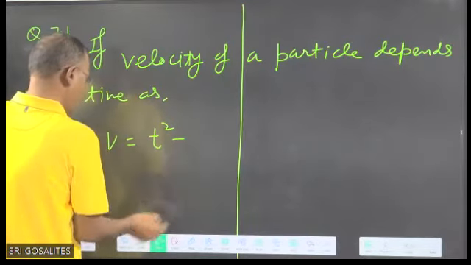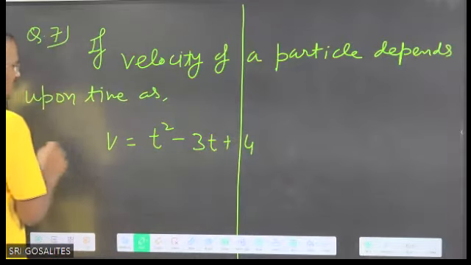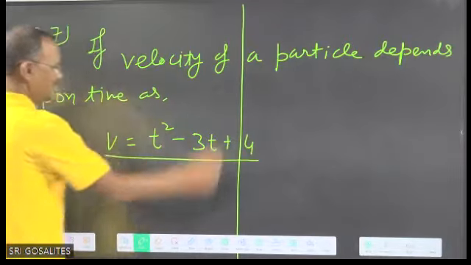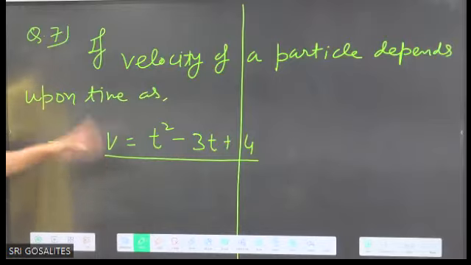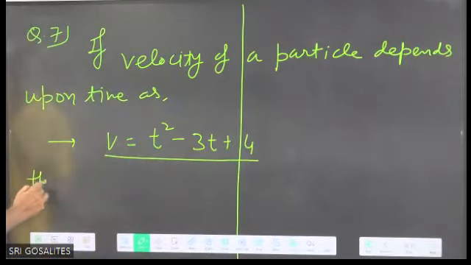Sorry, not 2t. T square minus 3t plus 4. Suppose this is the velocity of a particle at time t. Then plot